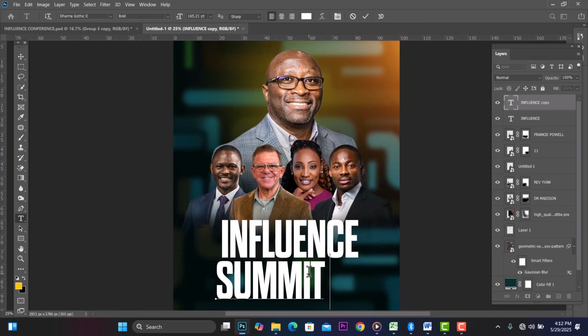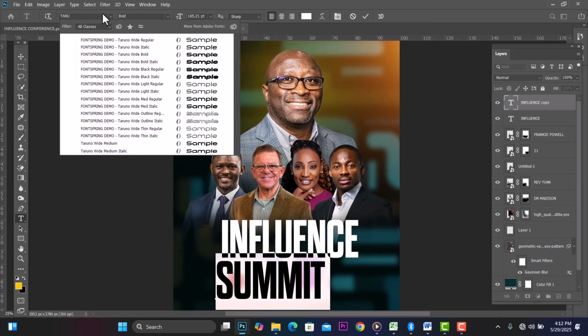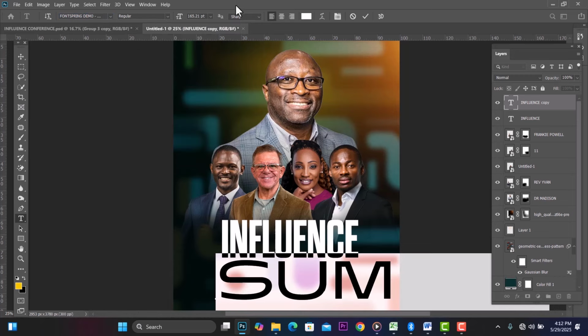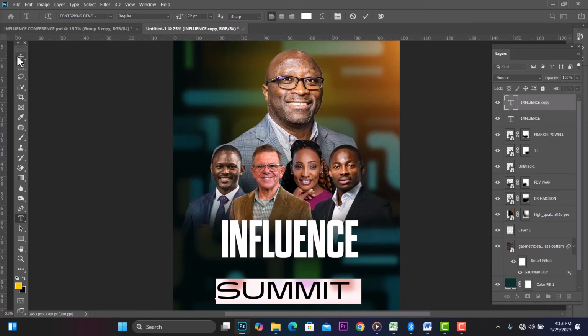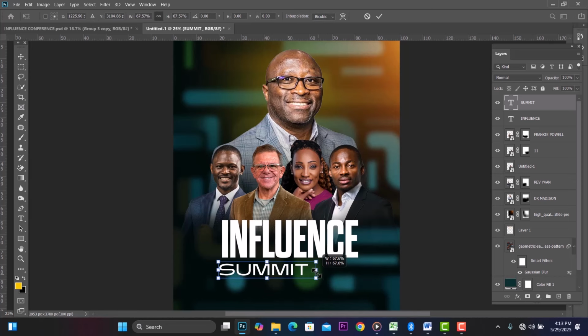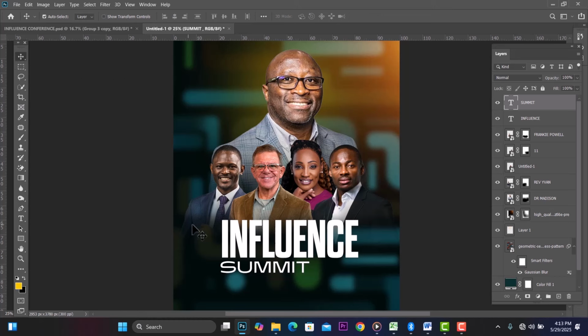So for Summit, I'm going to use another font, Taruno regular, and I'm going to drop the size to say 72 like this, and scale it down to something about this size. Okay, position it here. Then I'm going to create a copy of this layer by pressing Alt, and I'll just select it and move to the left right hand side,